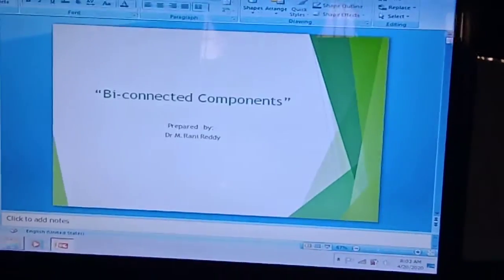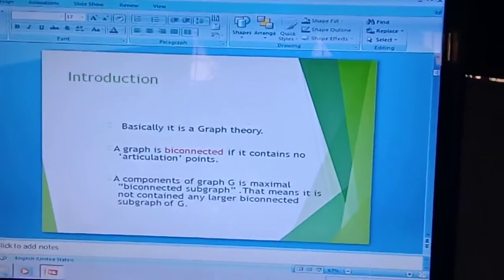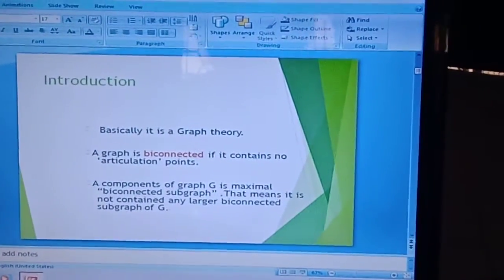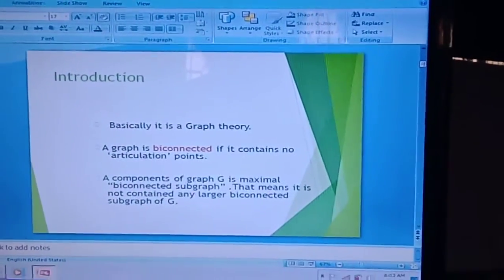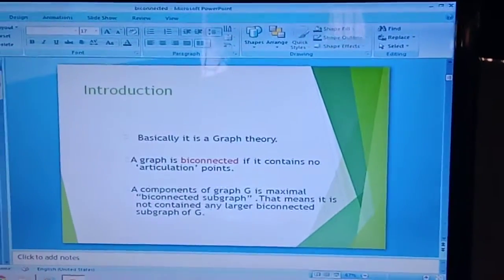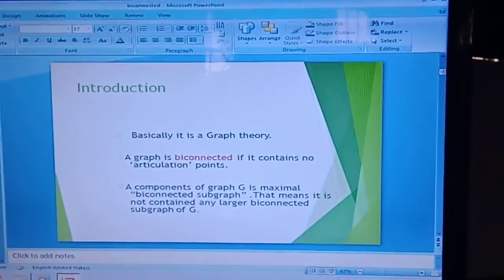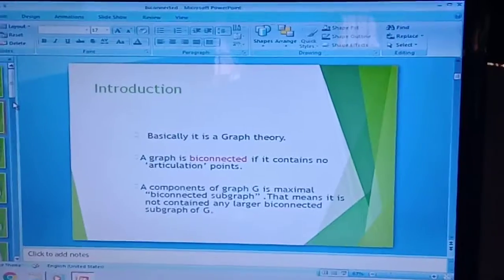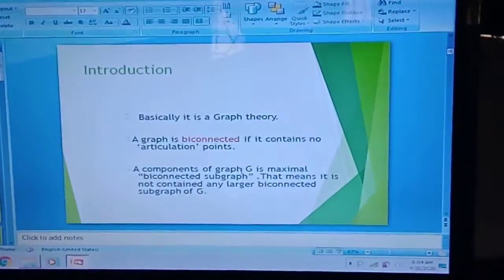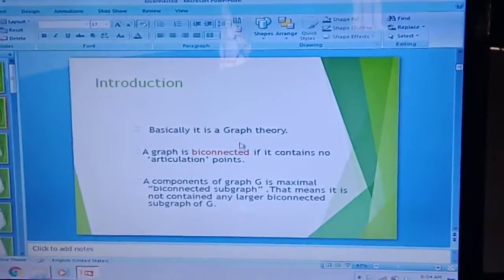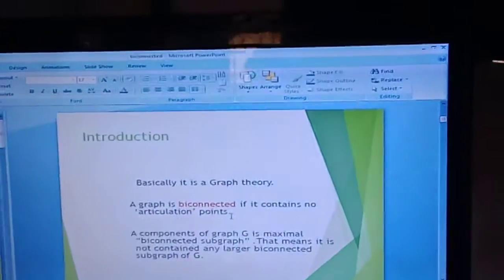Here, coming to the definition of bi-connected components, basically it is graph theory. A graph is bi-connected if it contains no articulation points.